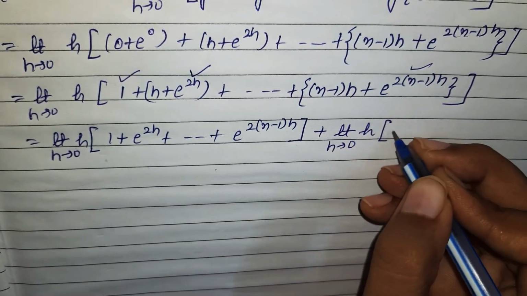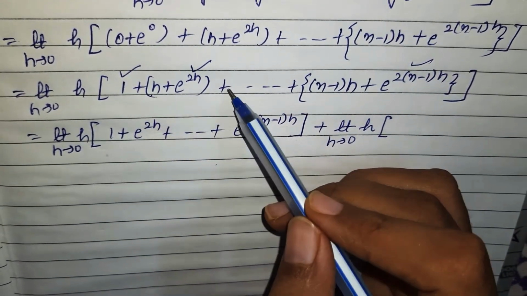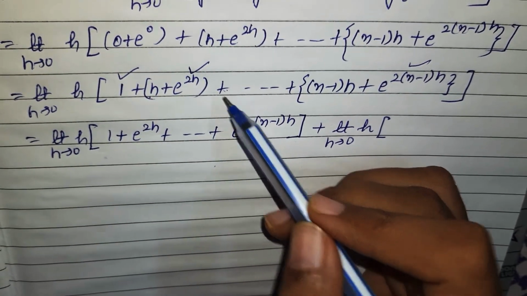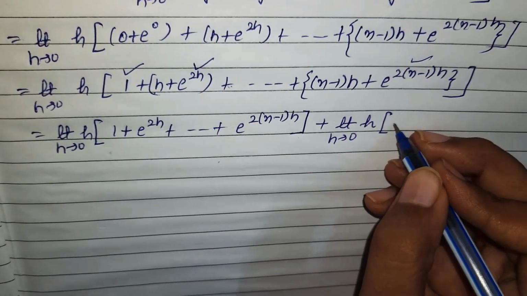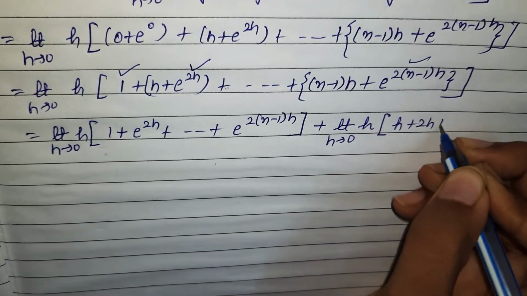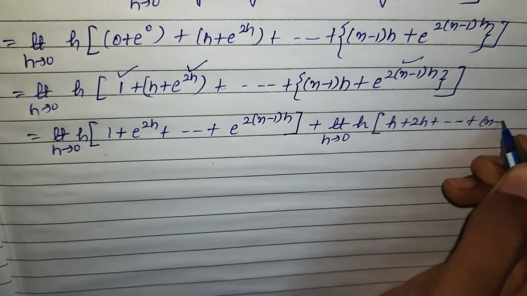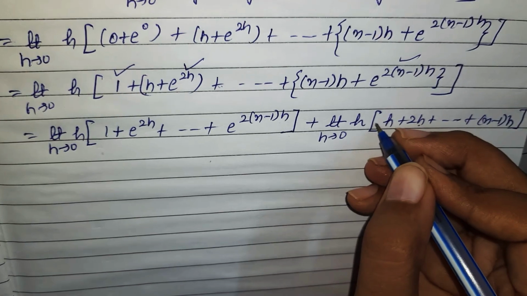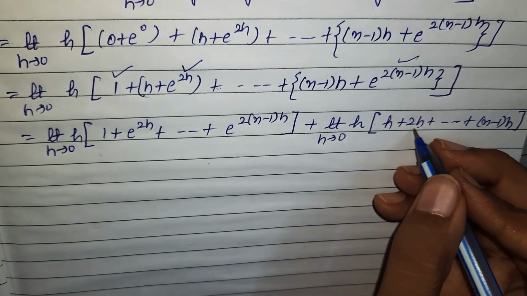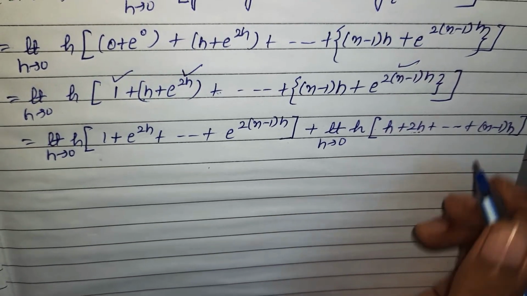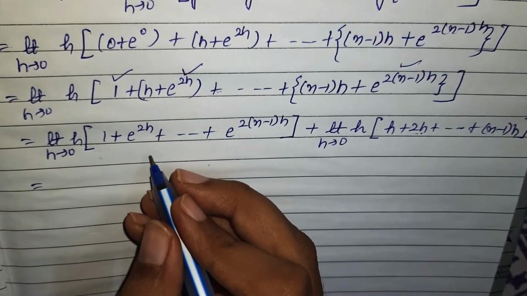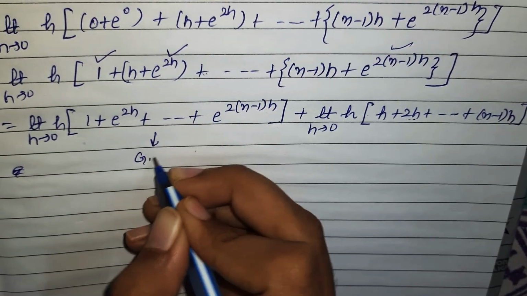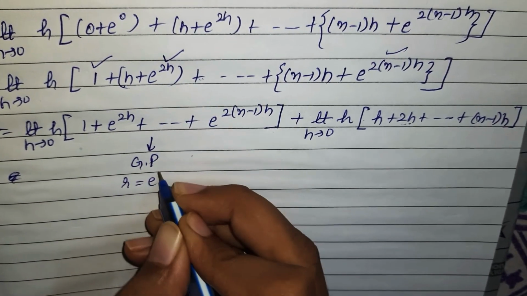So this will become, h is left, next term is what? Next term is 2h. So that means you will be getting h plus 2h plus (n minus 1)h. This is your third term. First term is not here, so that's why I have written this, so that we are able to take the common. So if I talk about this, what is this? This is your GP. r is e raised to the power 2h.